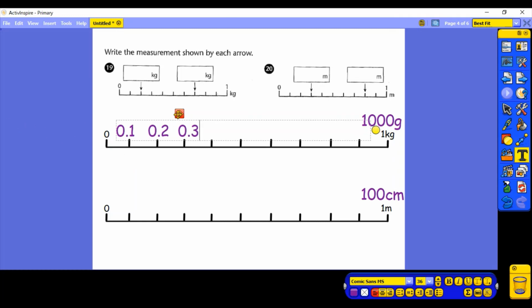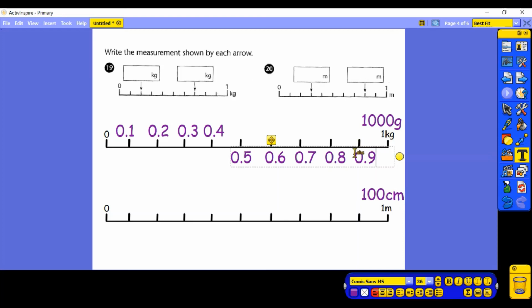I'm going to start running out of room along here. 0.4, that's right. I'm going to come underneath. 0.5. The next one would be 0.6, 0.7, 0.8 and 0.9,